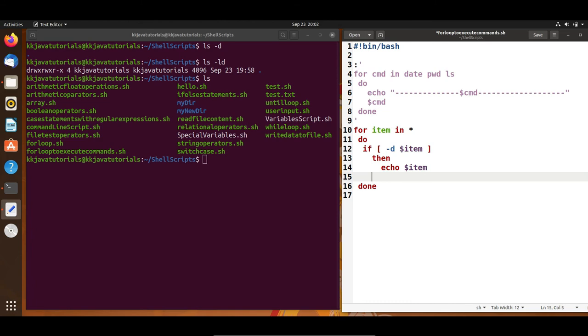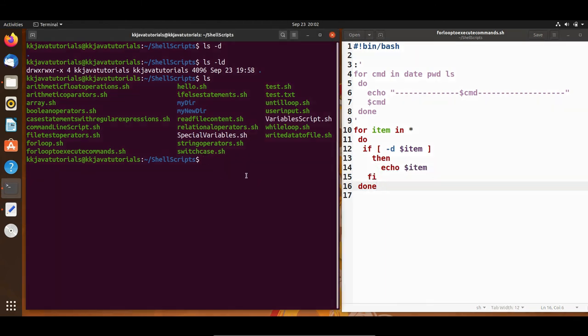What happens just after that, I am going to end it. I do not have an else condition, so you have to write fi for the if as well. So fi is just the reverse of if, that is fine. So it's very simple programming logic I have written. What I am doing is, from my current directory, asterisk means everything, whether that is a file or directory doesn't matter. Everything I'm reading, giving the variable name as item. Now every item is checked, if that is a directory, then I will print that one, else I will not print it, right? So finally the if condition is going to end with fi, right?